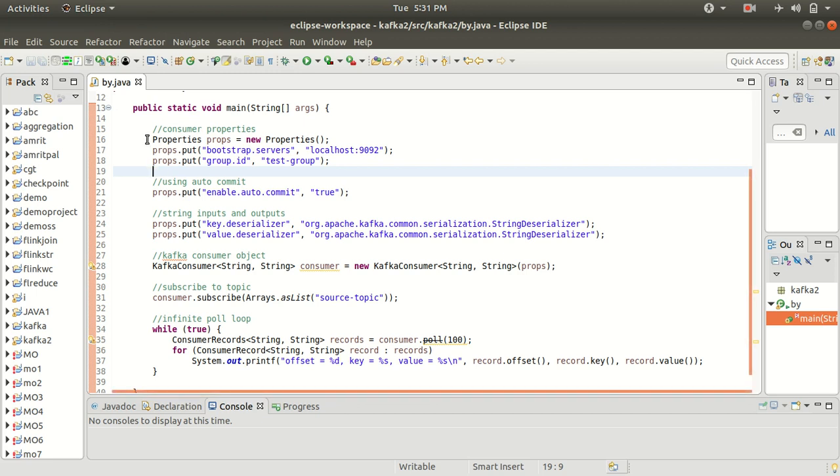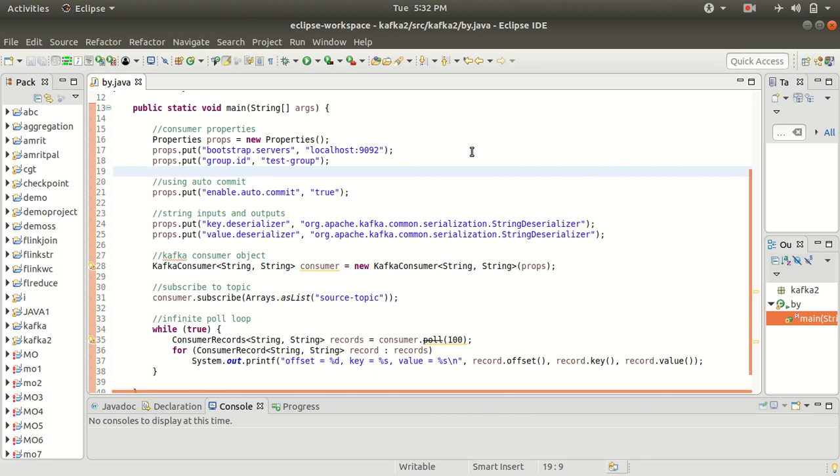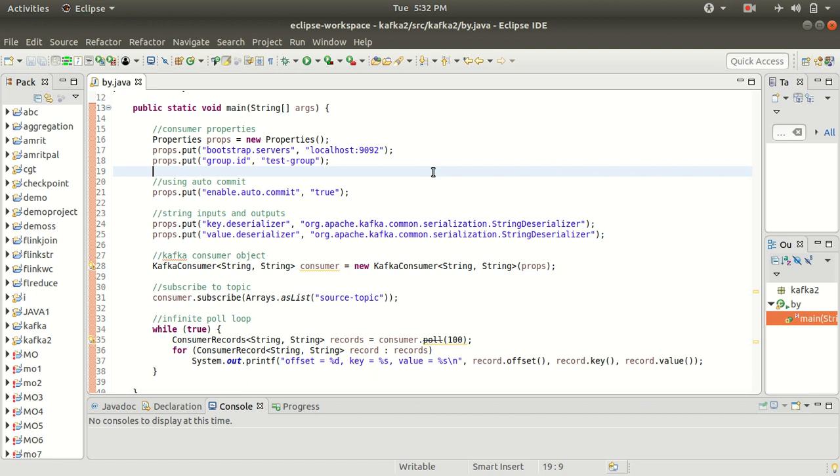The steps are like you can see that under the main function, the main class, we have the properties of the consumer. This portion is similar to the portion that we already discussed when configuring the producer. In the previous video, I explained how we can create a simple producer in Java, and over there also I mentioned the properties. So we have the properties object here, and through that object we are configuring multiple properties of that consumer. Then this is the new thing.